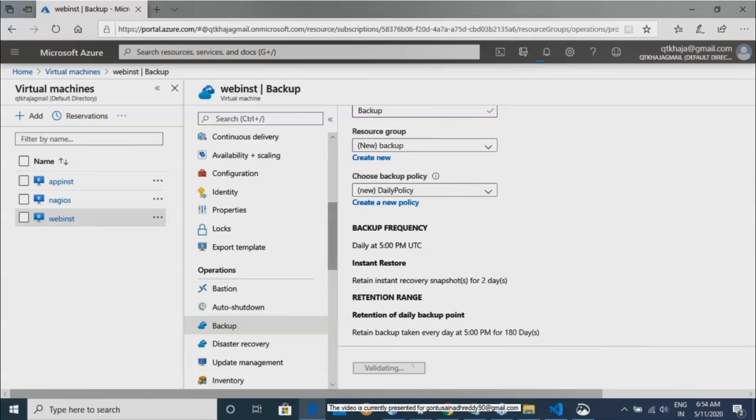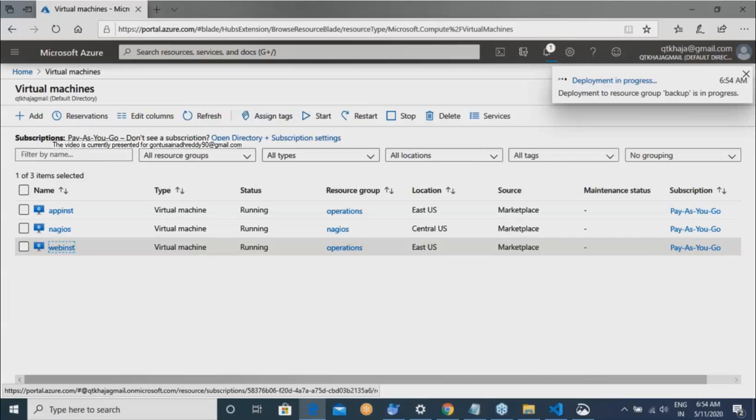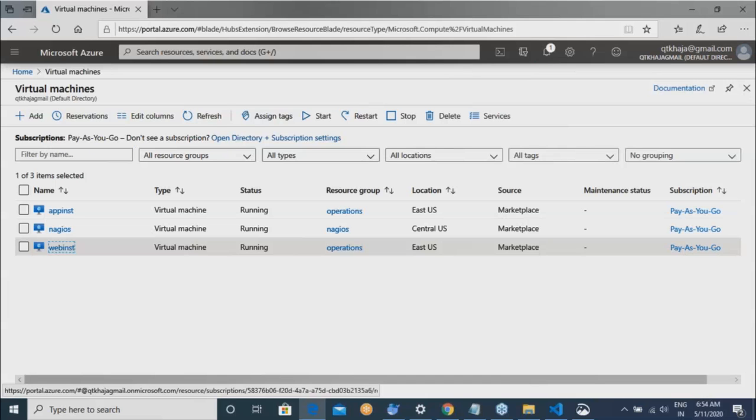So this vault is designed for backup, whereas the other vault is designed for replication. So whenever you are creating the vaults, especially for Azure to Azure disaster recovery, they have to be different. But when it comes to the other areas, it's okay. That's how it works.